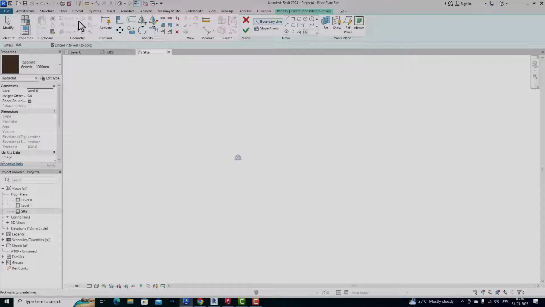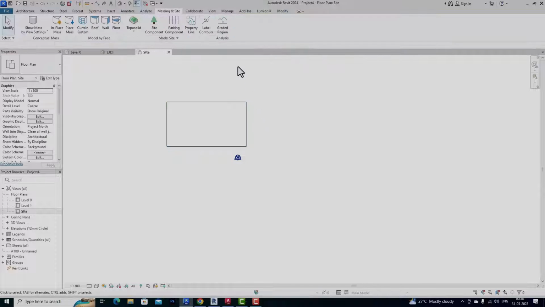Like you used to create floors, you can use this slope arrow. First I will show you the simple form here. I'm going to draw a rectangle here, and I'm not going to define any points here. I'm going to simply define an arrow here. So I'm going to draw a slope arrow here,